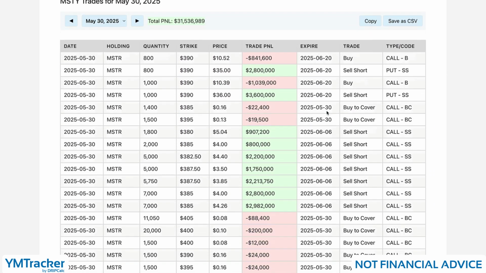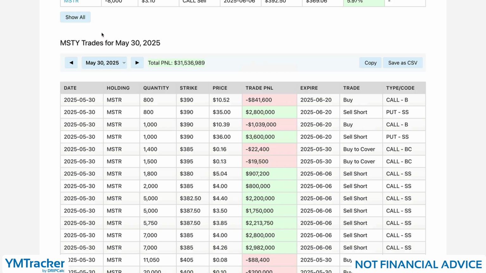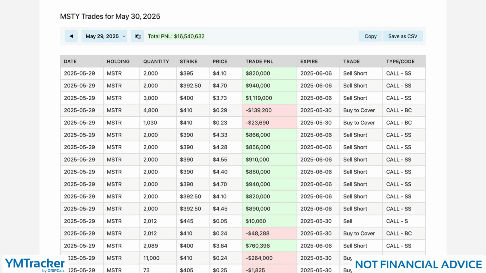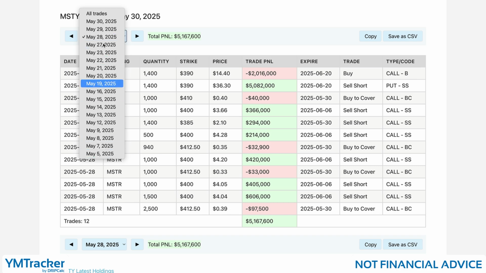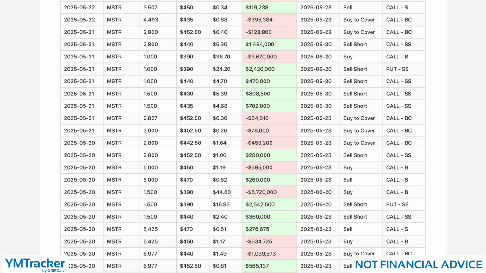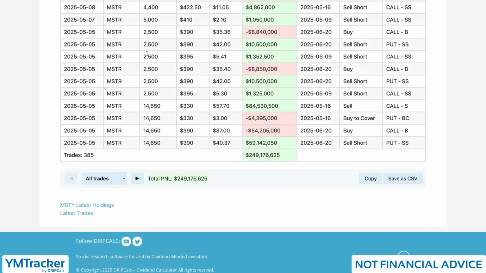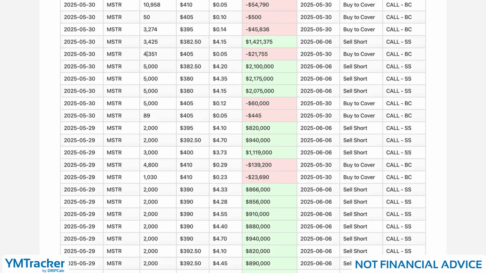And so final thing, let's look at their trades. So this is a very big one. Let's look at something smaller. So you can actually go through all the dates in a cycle, or you can view all trades combined. But it's a very long table because they do a lot of trading. But anyway, that's why I made it so that you could